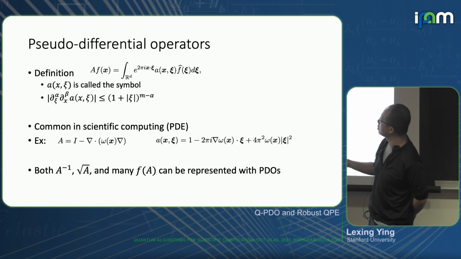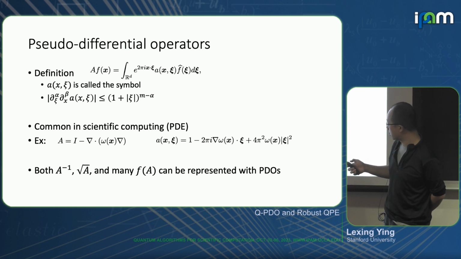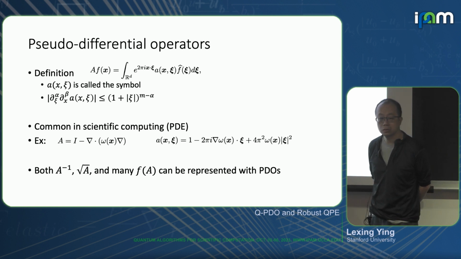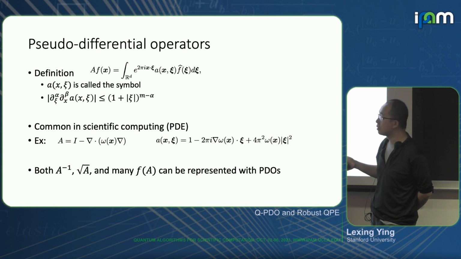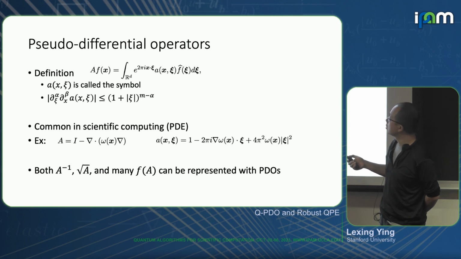So first you take the input function f. What you do is a Fourier transform of it, and then you multiply this with something called a symbol, a(x, ξ). This is a function not only of one variable x, but also the dual variable, the Fourier frequency variable ξ. Once you have done that, you multiply with the phase e^(2πixξ). This is a function of both x and ξ, and you have seen it many times, for example, in the Fourier transform. And at the end, you integrate over ξ, and that gives you the result.